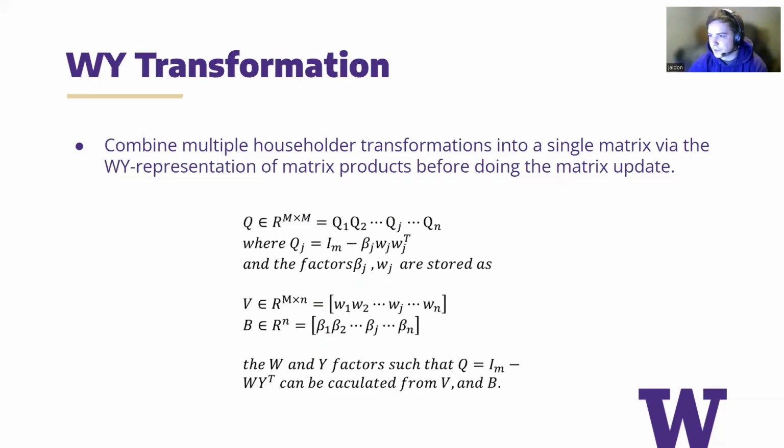Yeah, and then so the WY transformation comes into play in the block QR algorithm. So in the regular Householder QR algorithm, you're iterating over columns, and you do the whole matrix update every column. In the block QR, you group the transformations by panels. So you split the matrix A into panels, and then you do the panel factorization, and then you create one,